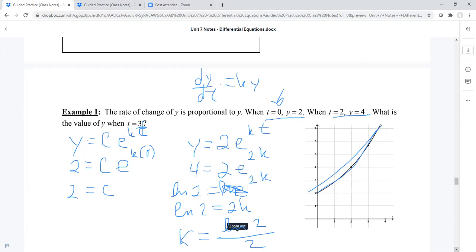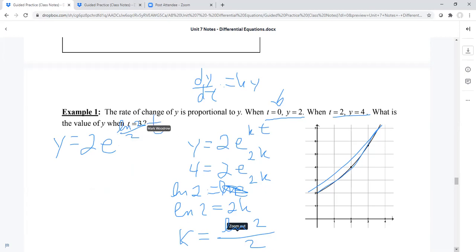And then the last thing wants to know, what's y going to be when t is 3? So I'm going to erase this stuff up here. I'm going to plug in all the variables that we know into our original formula now. So we have y equals 2, we found c was 2 a little while ago, e, and now we got k is the natural log of 2 all over 2 t. That's our formula to find all of these values. So this one says we want to find y when t is 3. So we're going to plug in